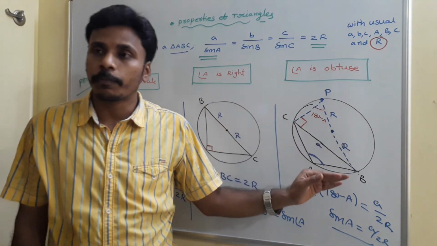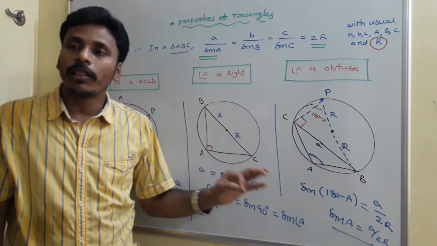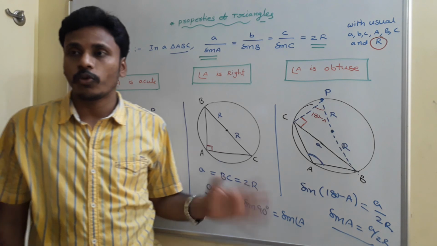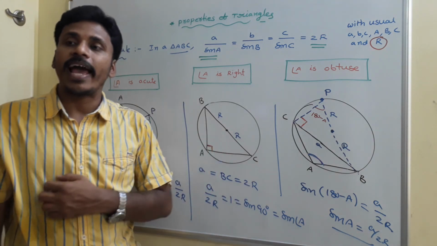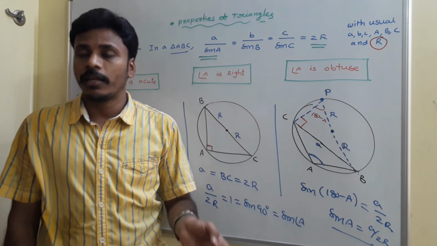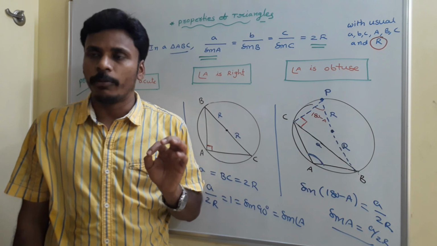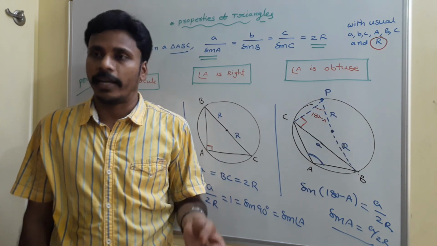And if angle A is obtuse, again we have that sin A is equal to a by 2r. In all the 3 cases, a by sin A is equal to 2r. Now if you go for the angle B in the triangle, again, if you think about angle B, you still have only 3 options for angle B. Maybe acute, maybe obtuse, maybe right angle.